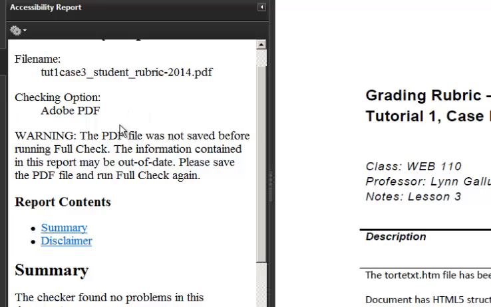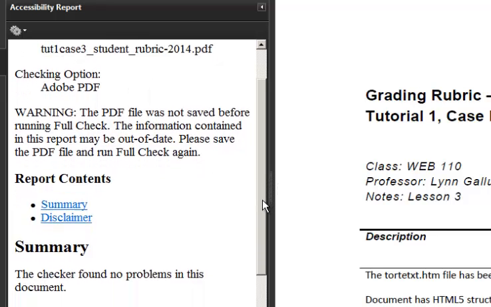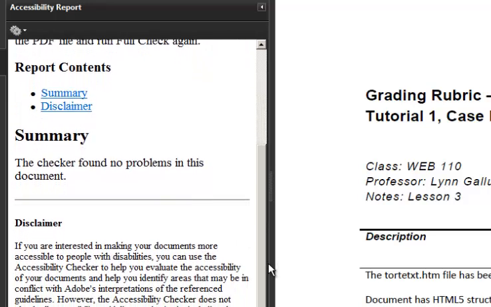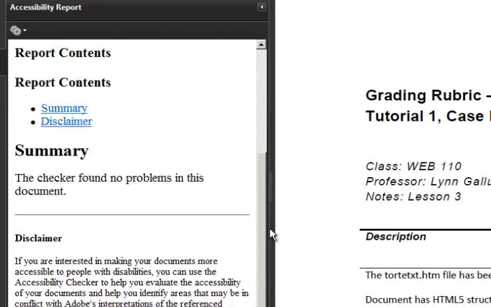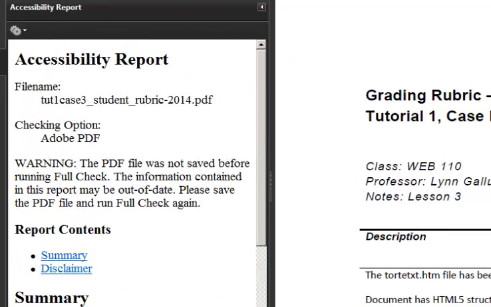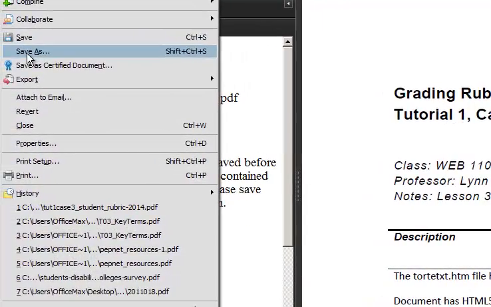The file name, checking option PDF. The warning is the file has not been saved before running full check. And again, found no problems, and with a disclaimer at the bottom for accessibility checker. And close it, go on and save it as